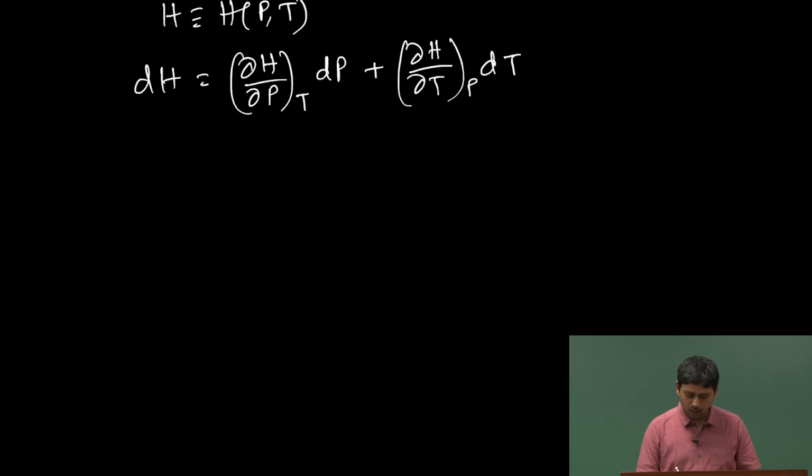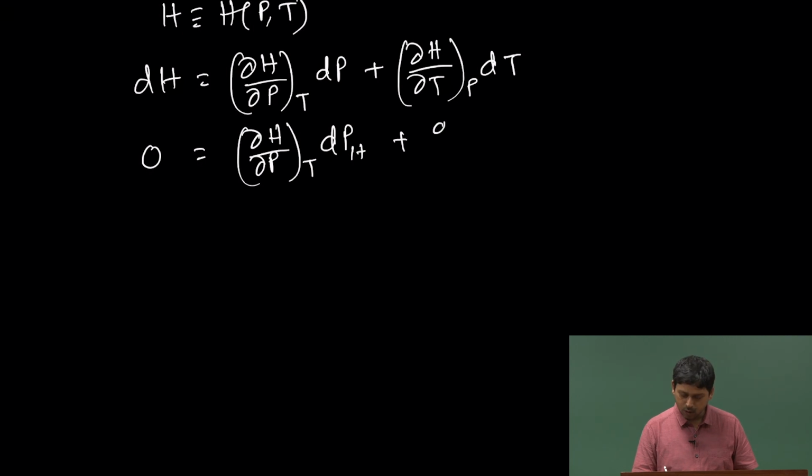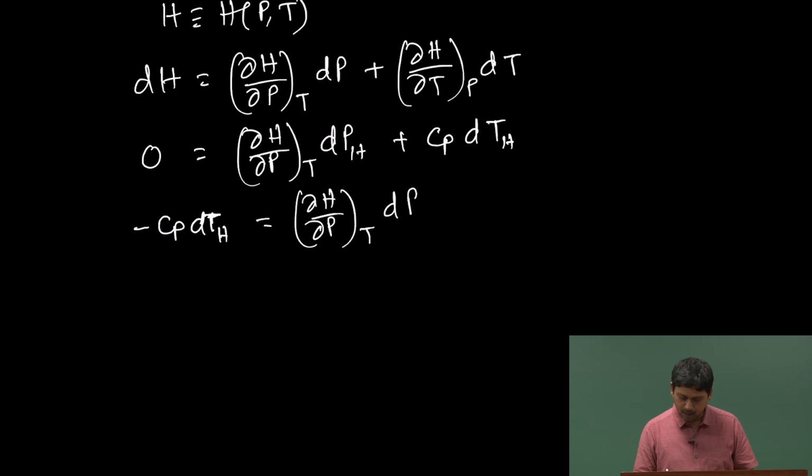Now, since our enthalpy is constant, so it is going to be 0, and now we are going to indicate the constant H in order to denote, and you know what is the del H by del T at constant P, right. What is that? Del H by del T at constant P? Cp. So, just straight away write Cp dT at constant H. Rearrange the equation, minus Cp dT at constant H equal to del H by del P at constant T dP at constant H. Divide both sides by dP at constant H, which is going to give you